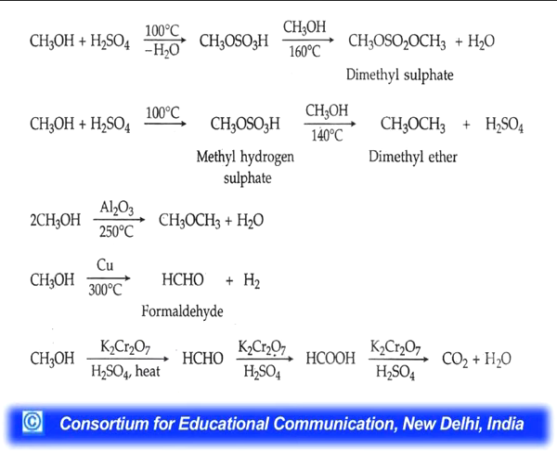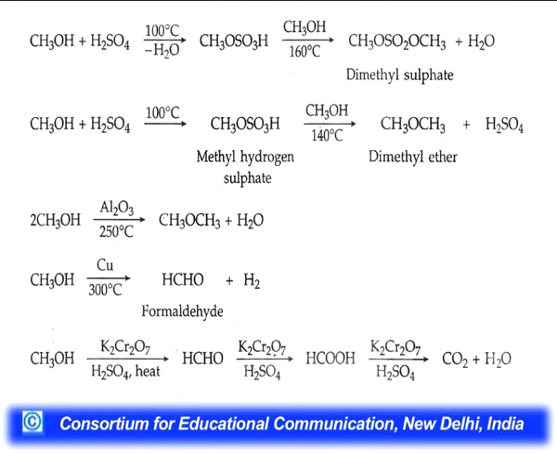More reactions: when methanol reacts with H2SO4, dehydration takes place and it will give a sulfate product. Then further at 160 degrees Celsius it will give dimethyl sulfate. At 100 degrees Celsius it will give methyl hydrogen sulfate, which at 140 degrees Celsius with alcohol will give